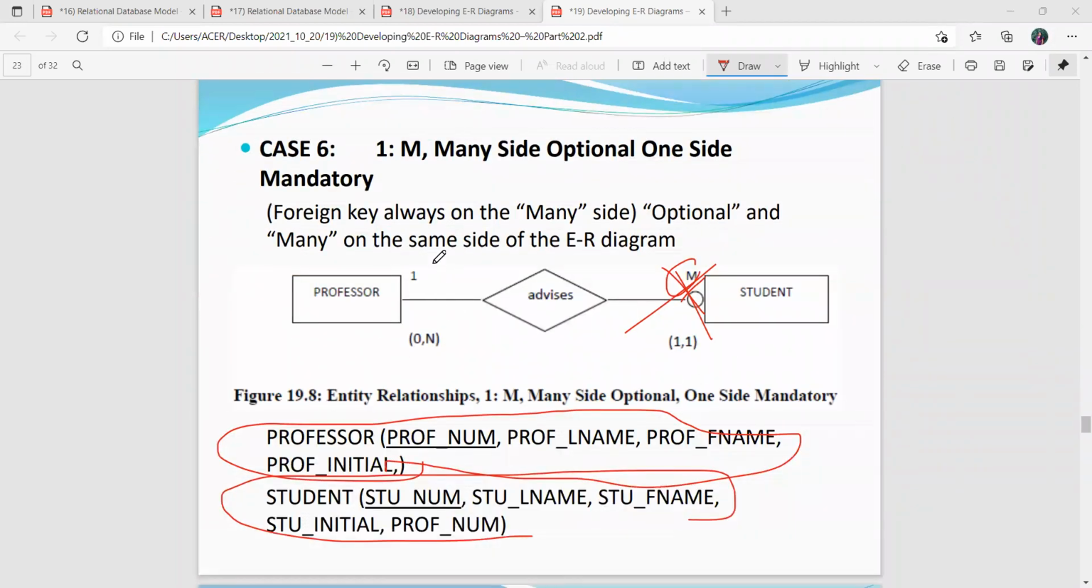When we consider that one professor can have many students or a zero number of students. So when we consider a student definitely